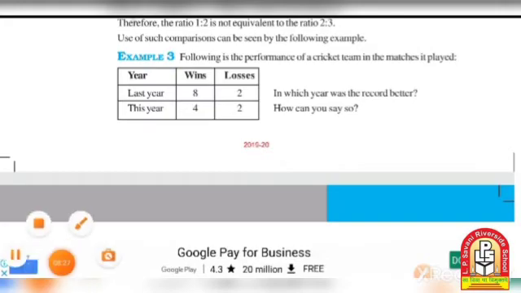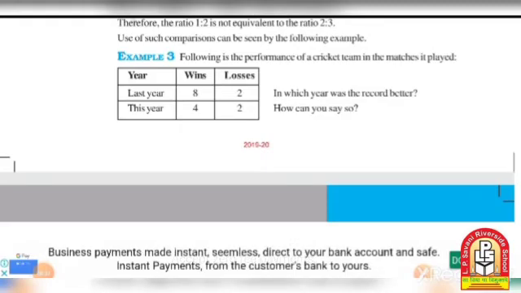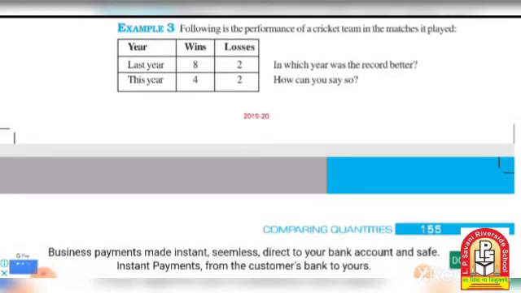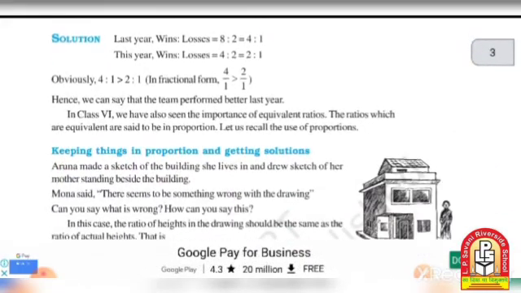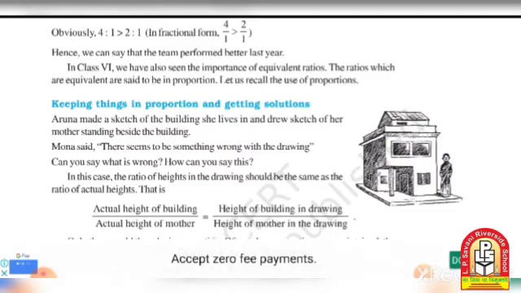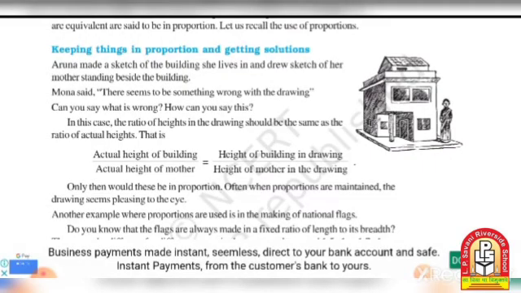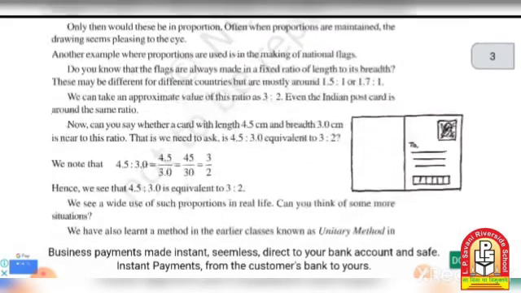Example number 3, last year the match wins and match losses are two numbers, wins having 8 and losses having 2. So this year there are 4 wins and losses are 2. So this kind of problem we have to solve. Then after keeping things in proportion and getting the solution. So keeping things in proportion and getting the solution is the right answer for comparing quantities. Then after next,